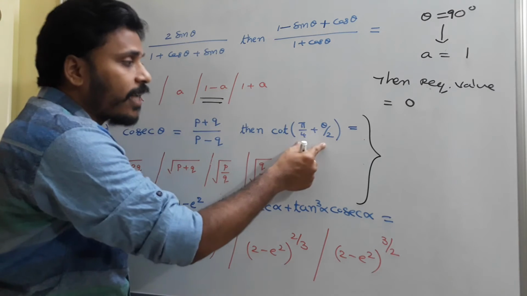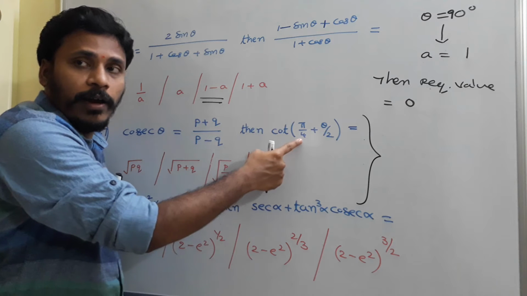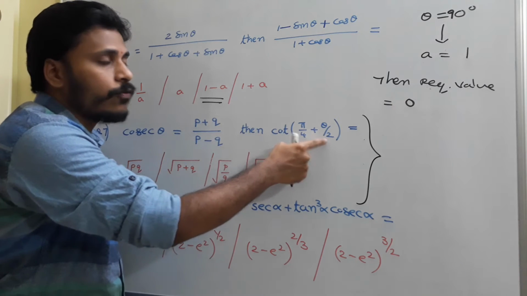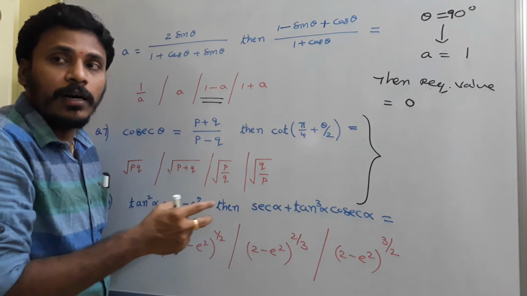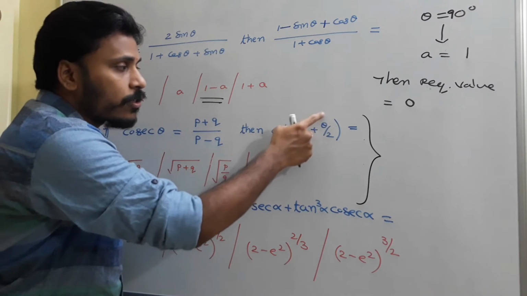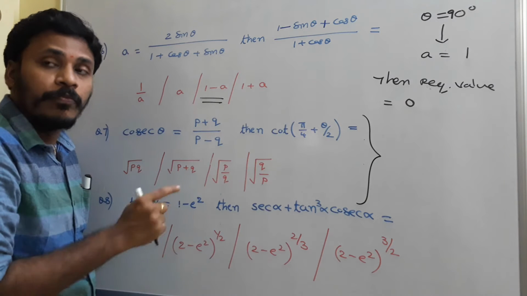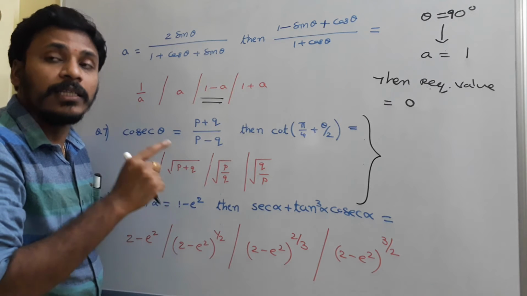To make it a known angle, since it is 45, my idea is if it is 15 degrees, 45 plus 15 is 60, then that is a somewhat known angle for me. And that's why, to make this theta by 2 as 15, what is theta? Theta must be 30 degrees.